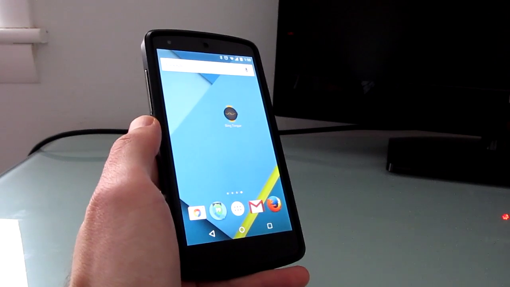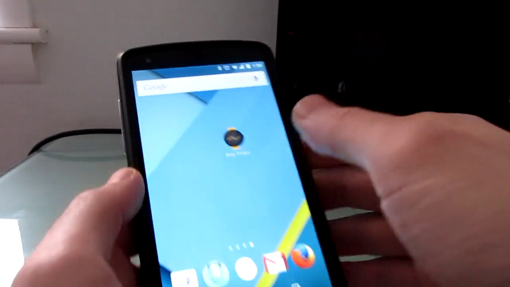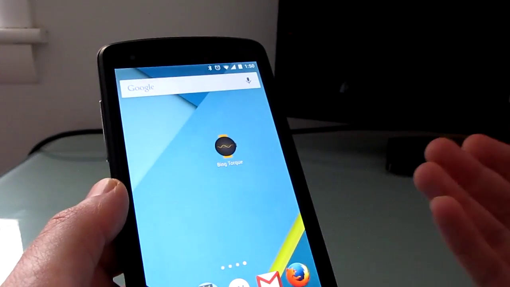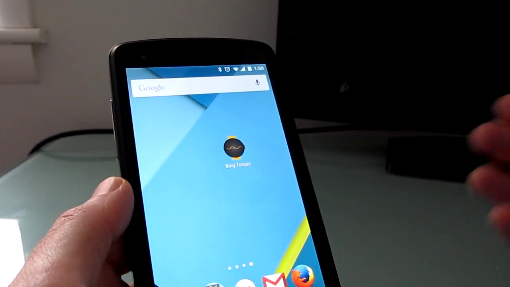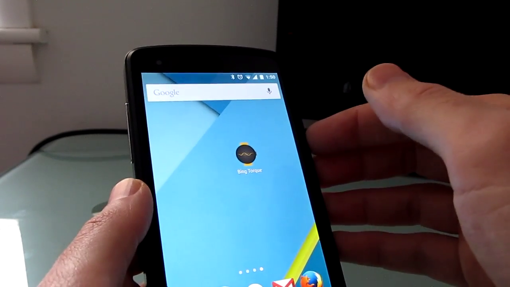And I can use Google's voice search functionality to set reminders and ask questions and do other things. But there's also an application here called Bing Torque, which lets me use Microsoft's Bing software to do it. Now, Bing Torque was originally designed to run on Android Wear smartwatches, but starting with version 2.0, it also runs